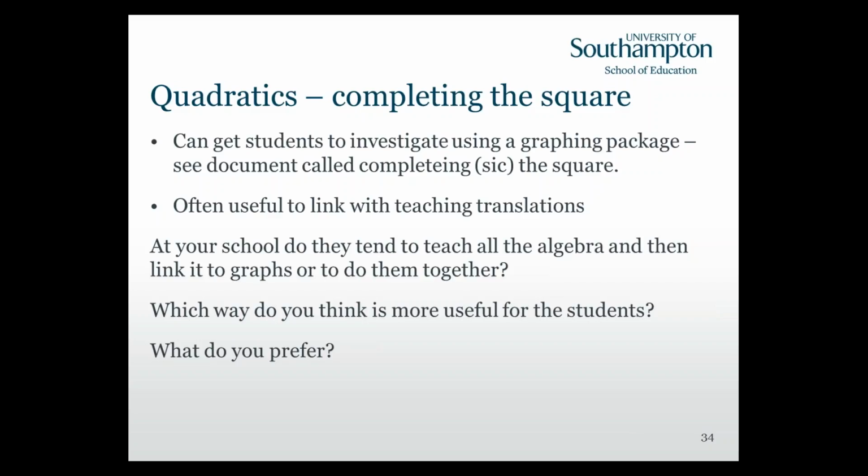It's difficult to know, isn't it? Because in some ways you feel that you're bombarding them with information if you try to link the two. But once you link the two, then it's more accessible, especially to the ones who find algebra completely abstract. Perhaps it's better to start with the graphs completely and say to them, well, how can we find